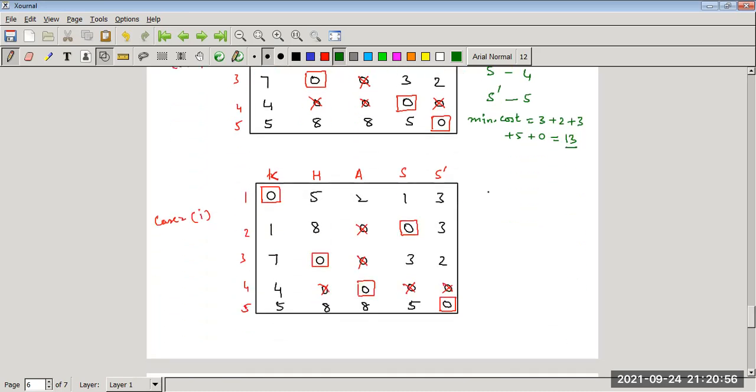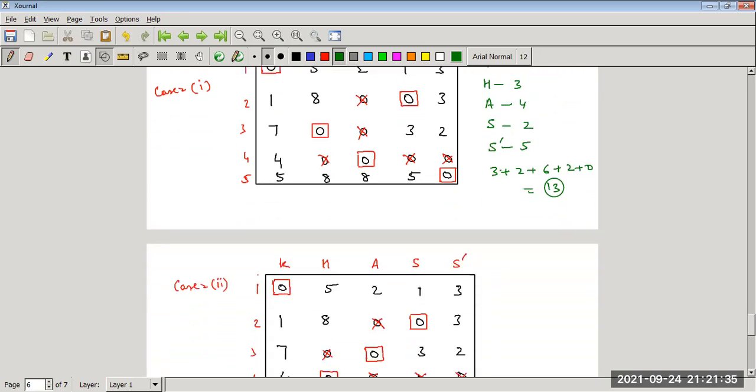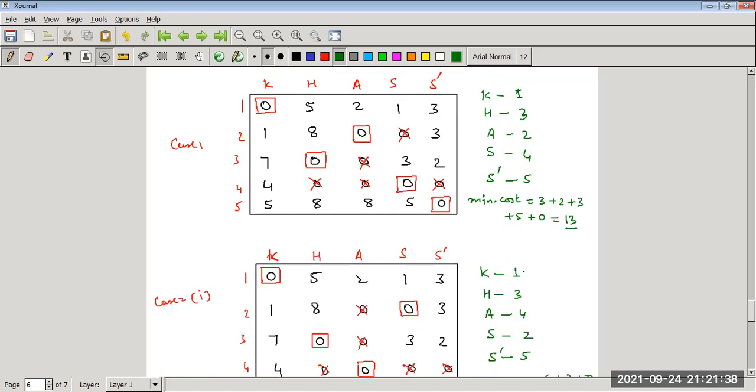Now what we observe, there is another choice. In this choice, how can we assign? कोमल को हमने फर्स्ट जॉब असाइन की, हिमांशु को भी असाइन थर्ड जॉब, अदिति को भी असाइन फोर्थ जॉब, शिवानी को भी असाइन सेकंड जॉब, and dummy we assign fifth job. Now what is the assignment cost? It is 3 plus, you can check from the table, 3 plus 2 plus 6 plus 2 plus 0. So again it is 6 plus 2 8 plus 2 10 plus 3 13. Again the minimum cost remains same, but the assignment as per previous one यहाँ पर चेंज होगी.